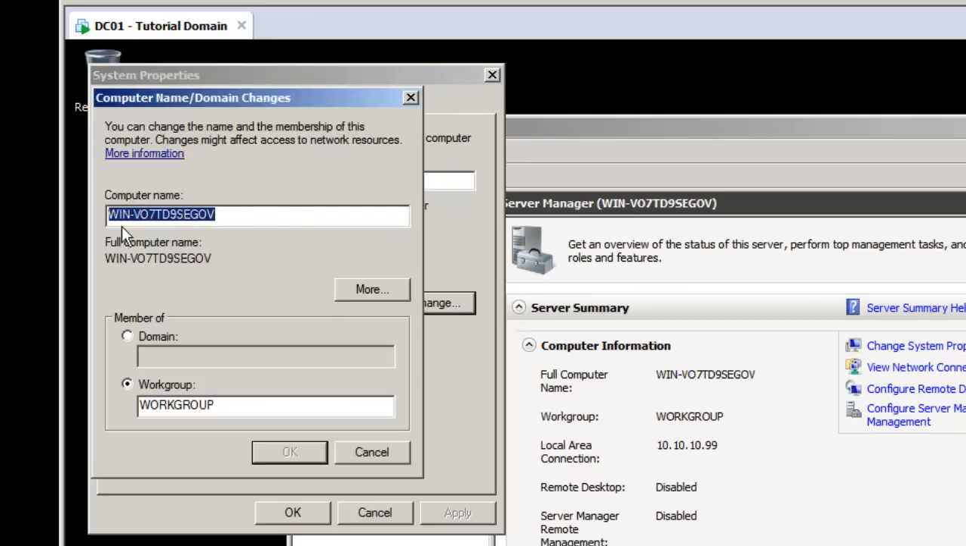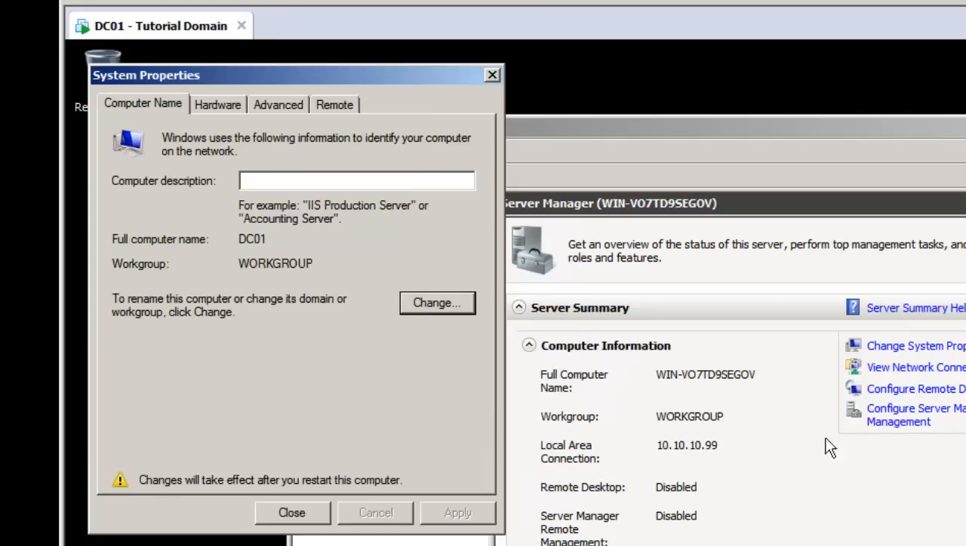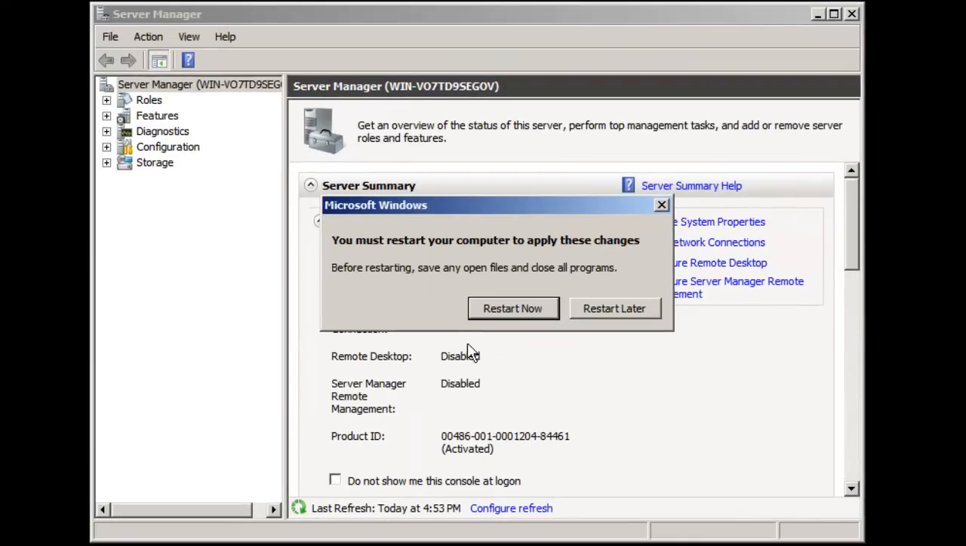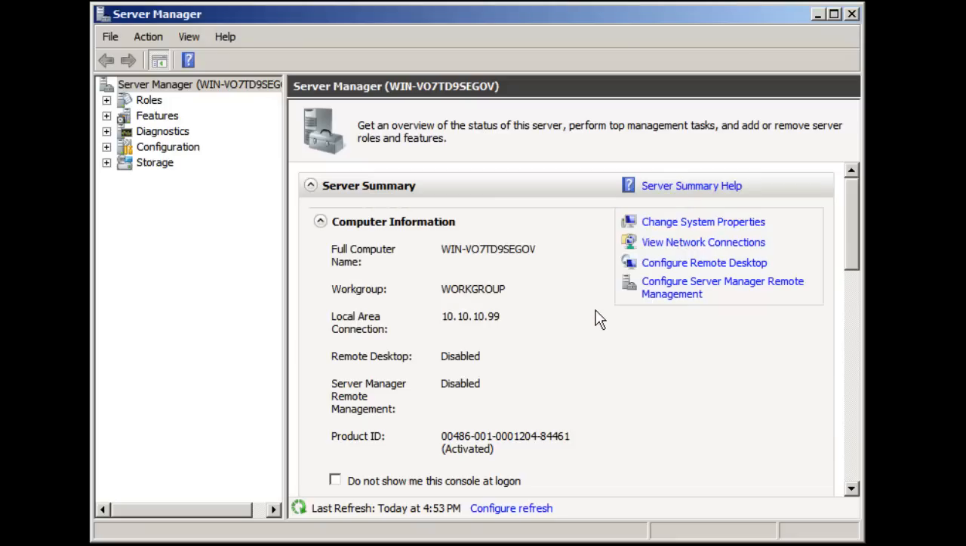And we're going to select the computer name and just go DC01 or however you choose to rename it. And then we're going to hit OK. And that's going to ask us to restart. Okay, so now it's going to restart. I'm going to hit restart later because I just got to do one more quick thing before I want to